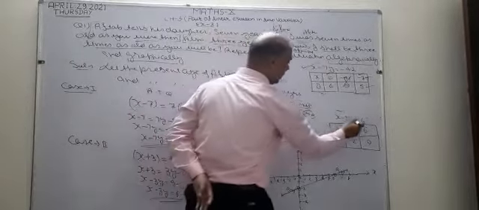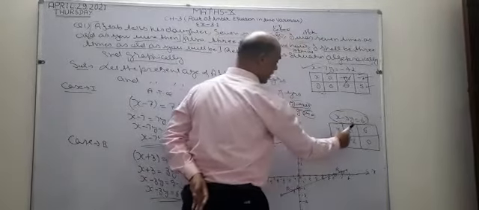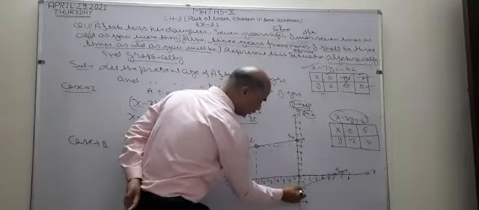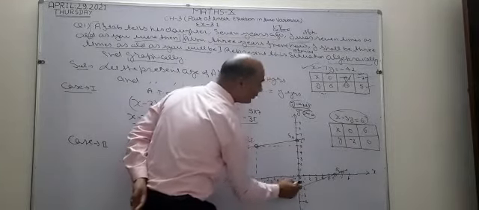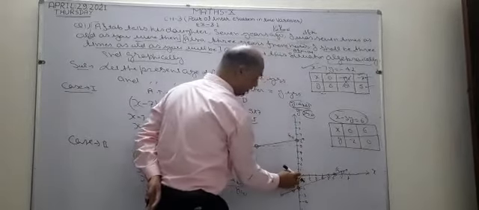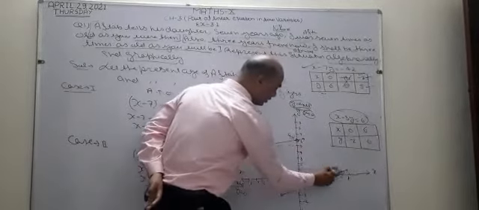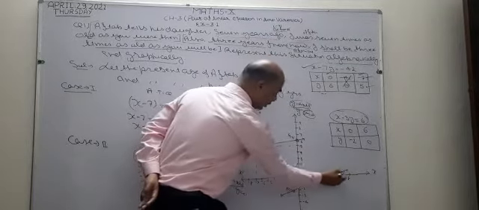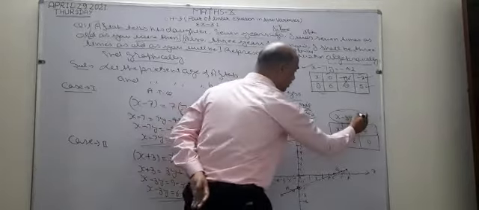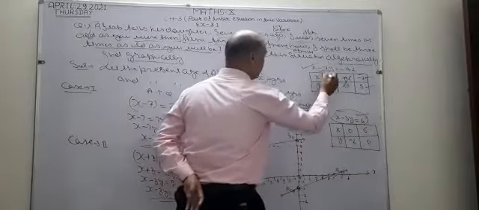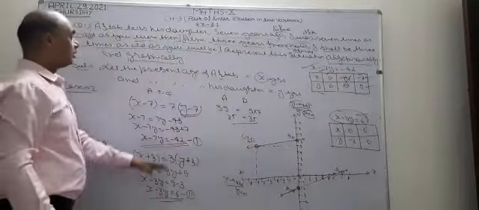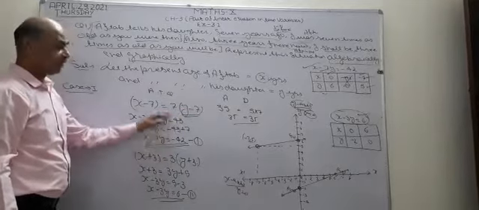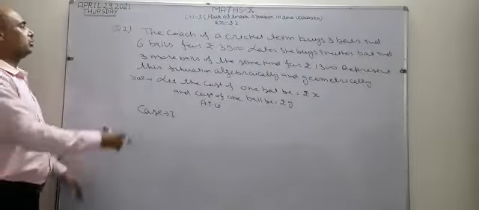Now I am going to represent the graph line of this equation. Now see, x equal to 0, y equal to minus 2. Where is minus 2? Downward. So I take this point 0 and minus 2. After that, y is 0 here. The next point is 6. Where is 6? This point represents 6 and 0. Joining these points, this is the graph line. This graph line represents this equation, and this graph line represents this equation. This is the graphical representation of the given algebraic equations. Okay. Now I am going to solve its second part.